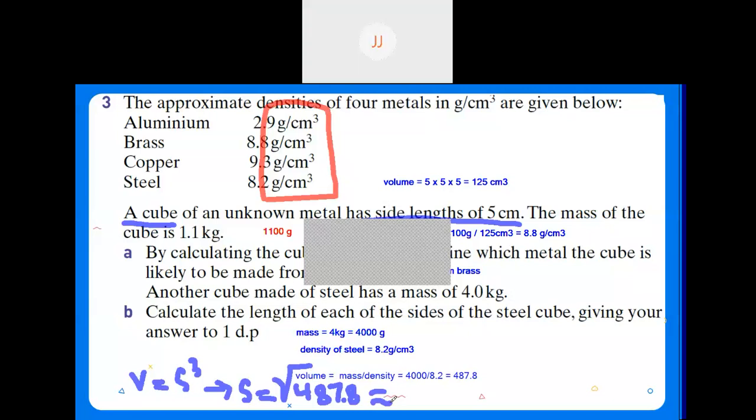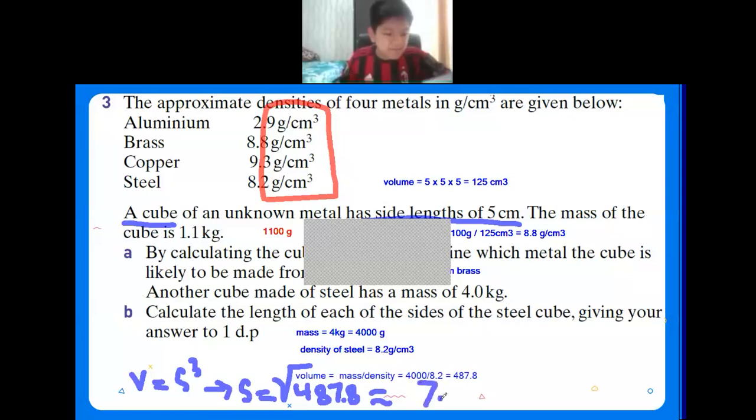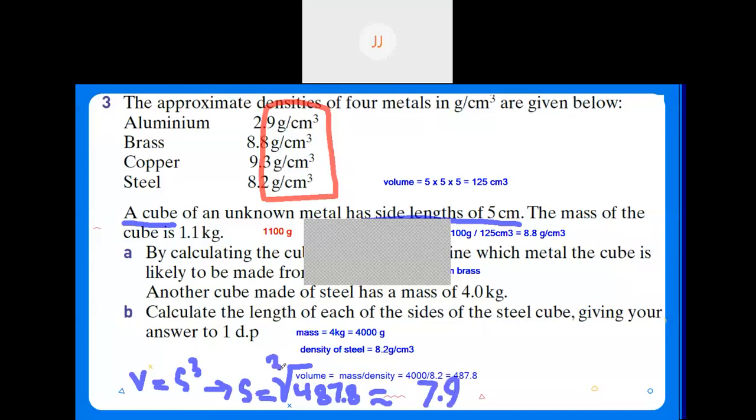Yeah, it will be around 7.9. Someone said something? My answer is 22.0 something. No, that's a square root. You have to make sure it is a cube root, not a square root. Yeah, 7.9 if we round off to the nearest one decimal place. Teacher, can we use two decimal places? One decimal place is already fine. Because the question says one decimal place, you have to round it off into one decimal place.